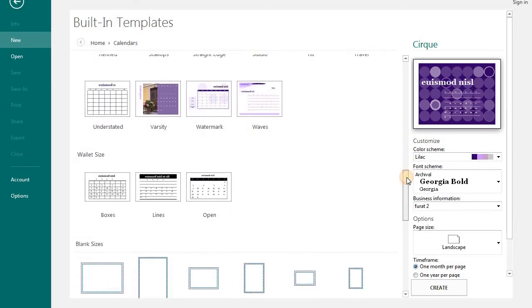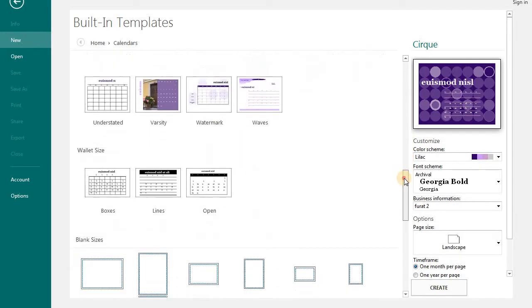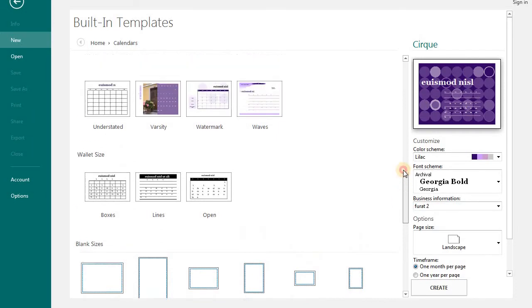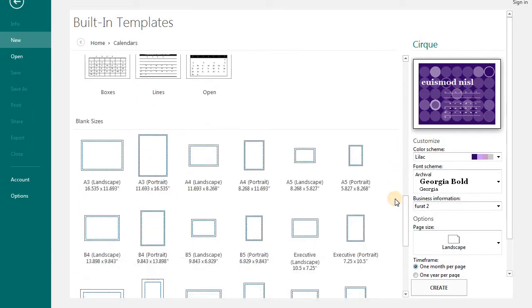Then here we have many. You can choose from any one, and if you want to start from scratch, some designers don't like to have any basic design, then they can choose from here any size they like. It will give them a blank page. They will decide what they have to include. Now